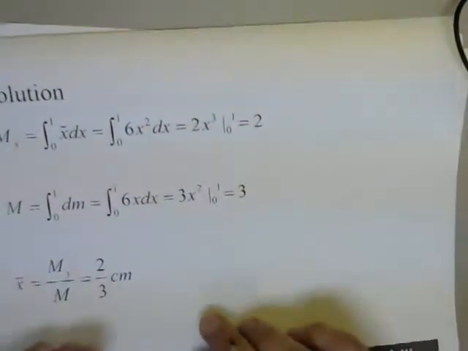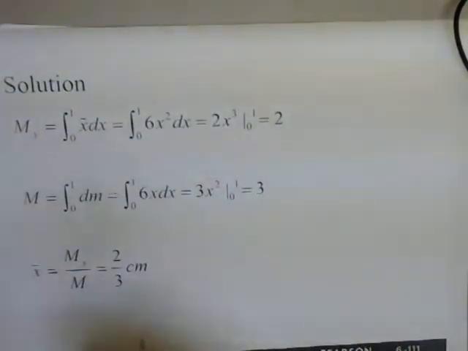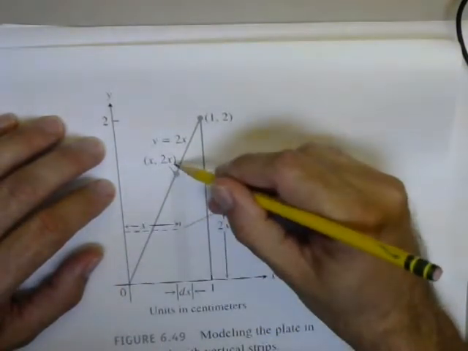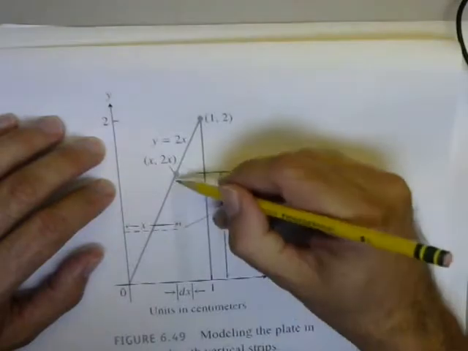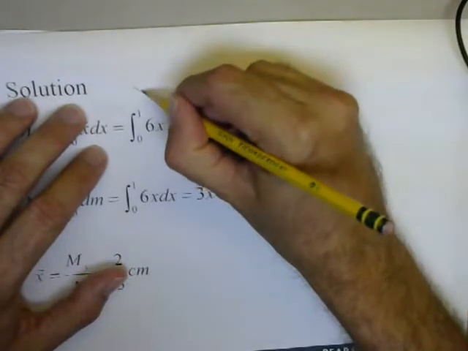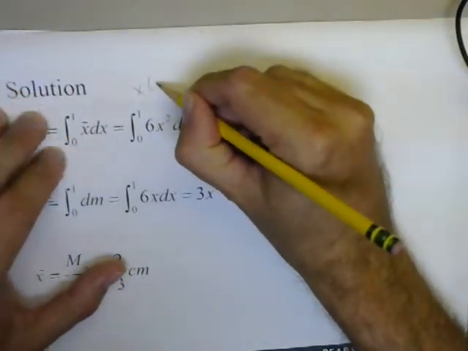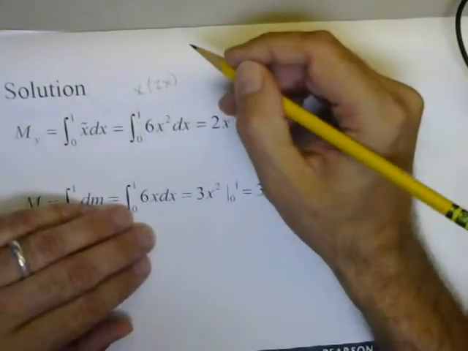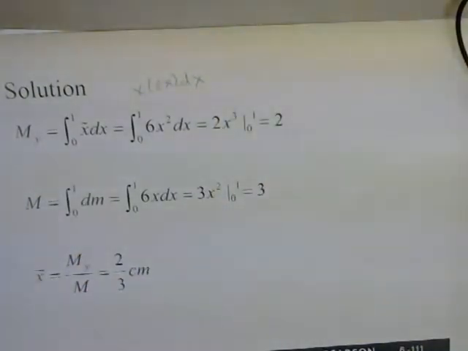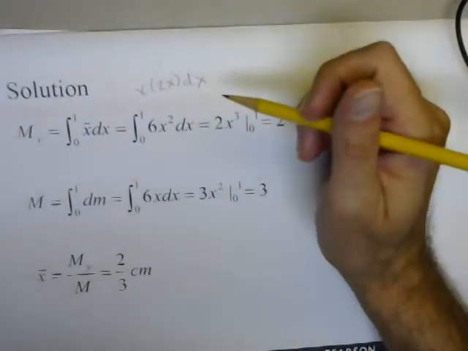So in this particular case, just clarifying this a little bit more, this distance will be x, and then the mass of the strip will be 2x, and its width will be dx, right? So I'm basically taking x times 2x dx,